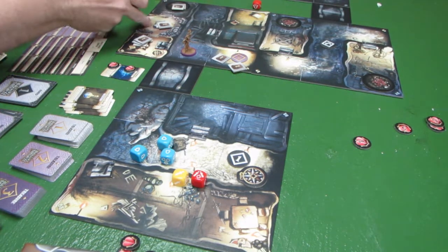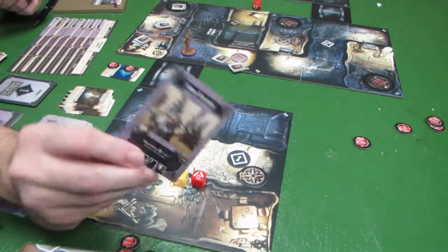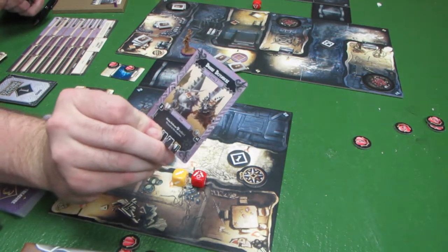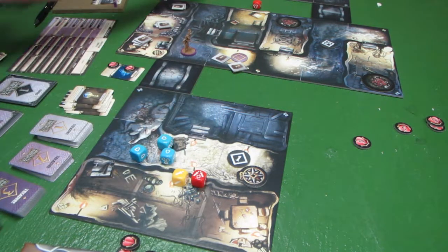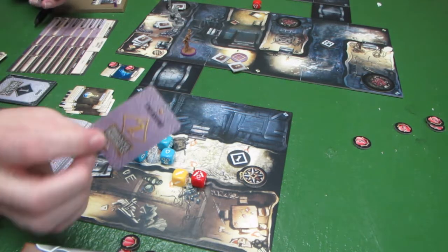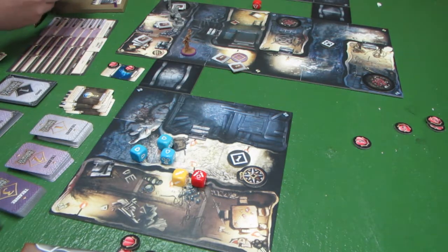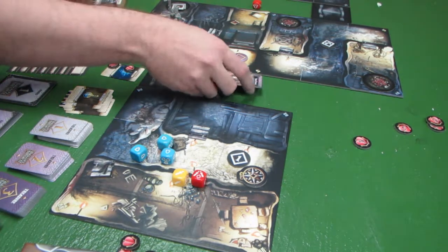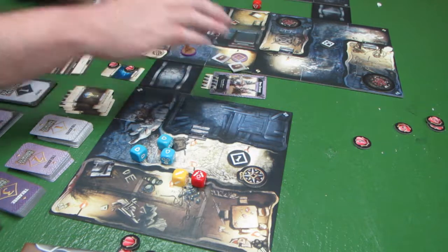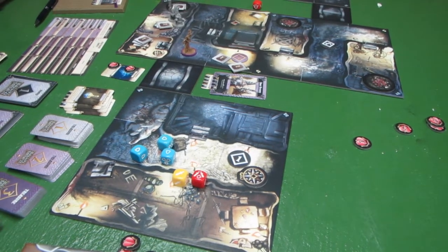Now we're going to spawn a guard card right here. We have the Dwarf Defenders. It's going to be these guys. And they're going to come with a level 2 treasure of a scepter. Melee guys, not so useful with the magic. Now, the only downside is...